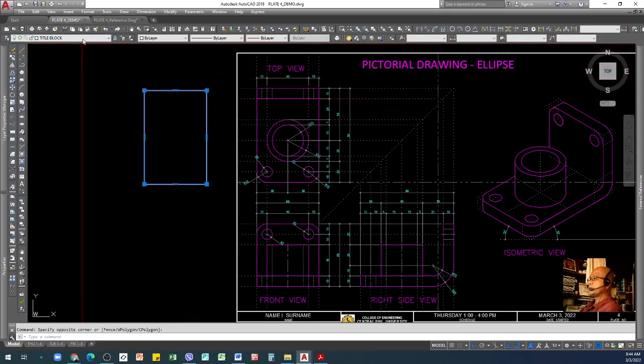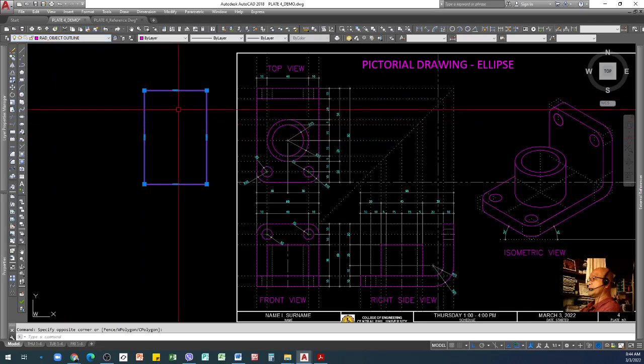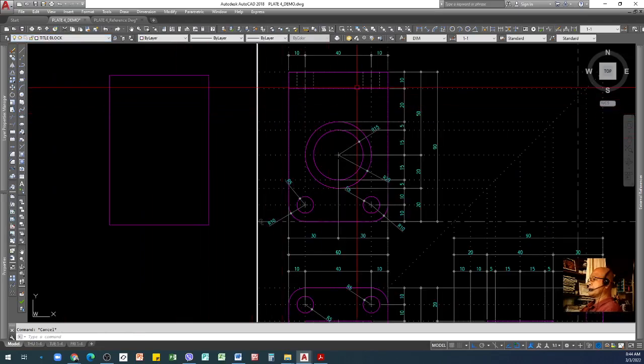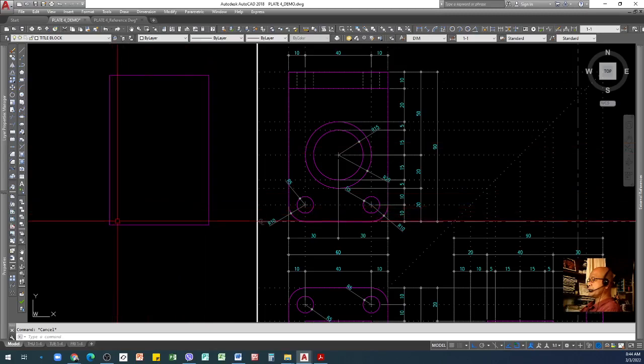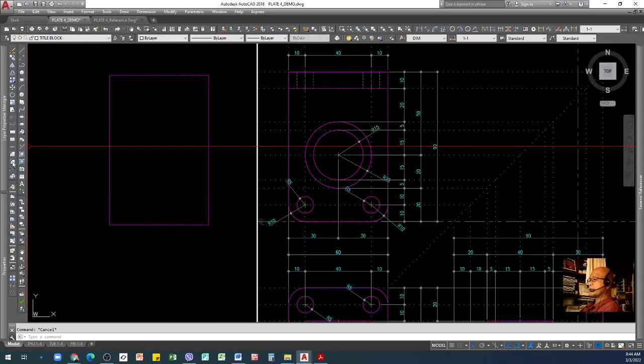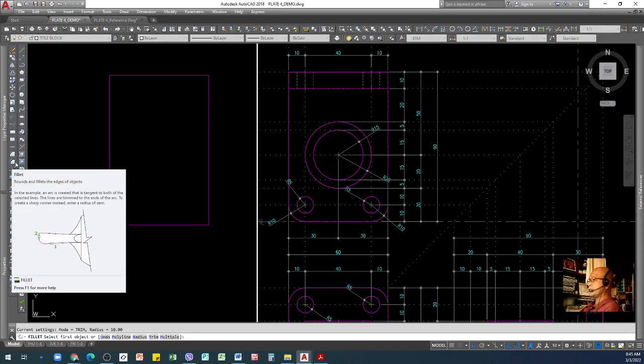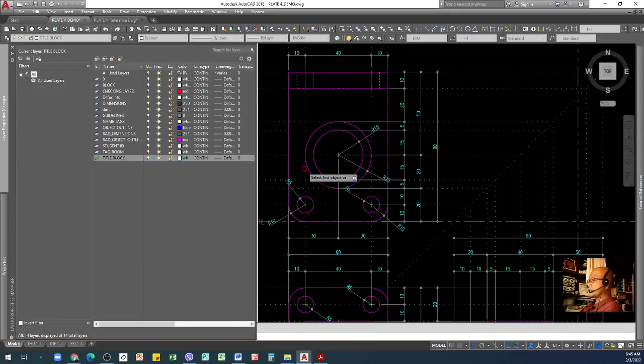In order to put it in the correct layer, you put it in object outline. And then you want a curved line here, so all you need to do is use the fillet. I covered this in the command instruction last time.